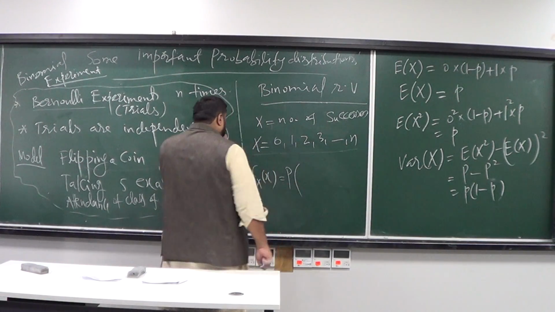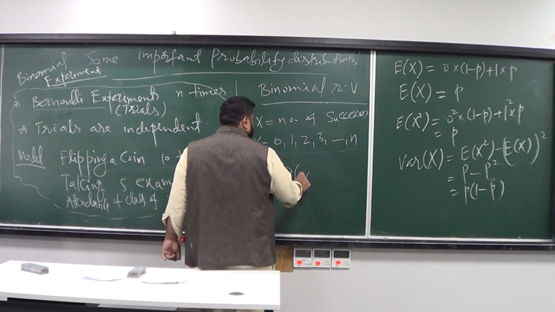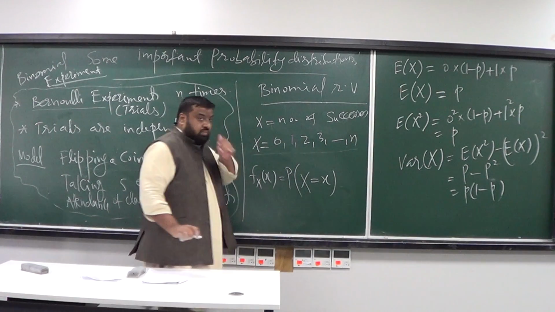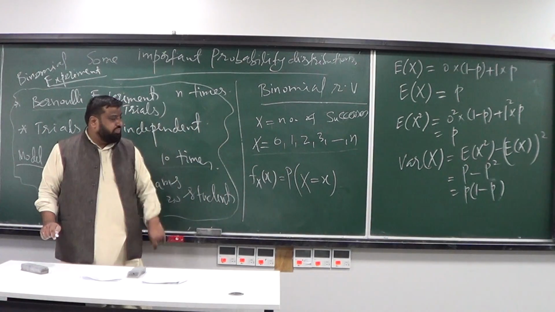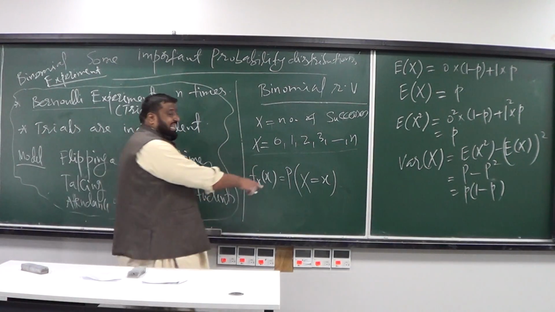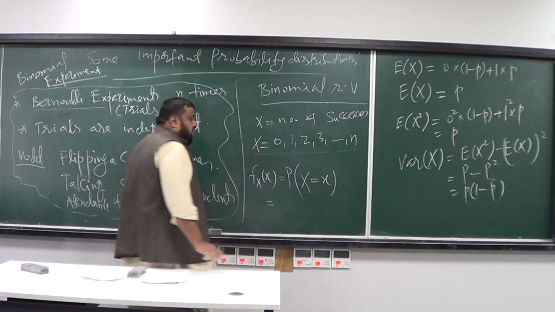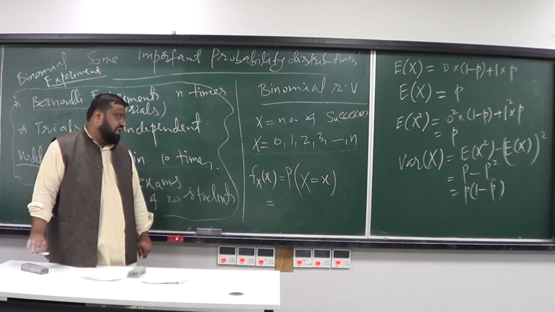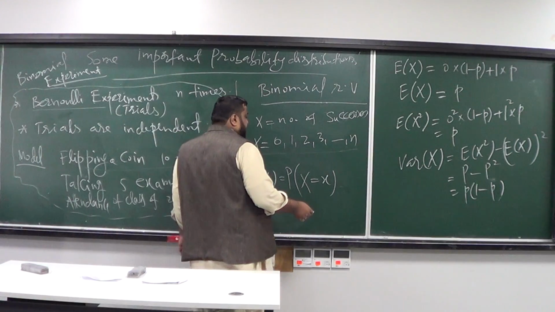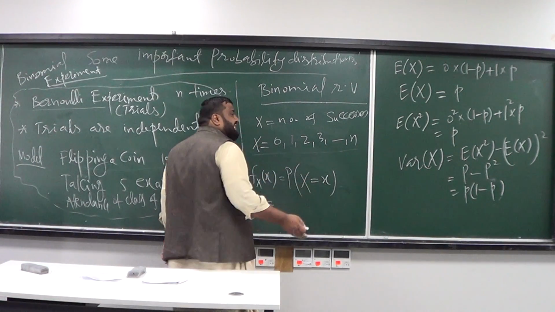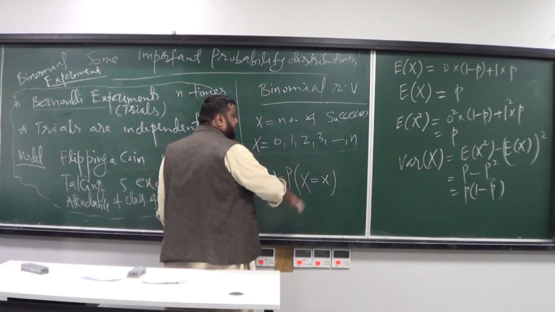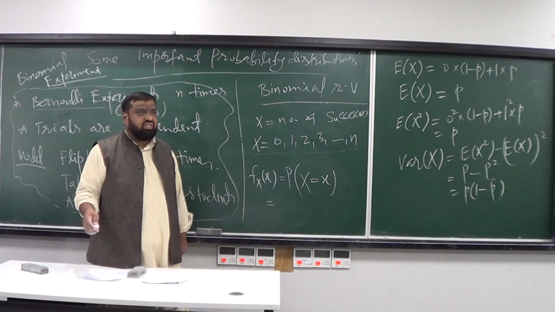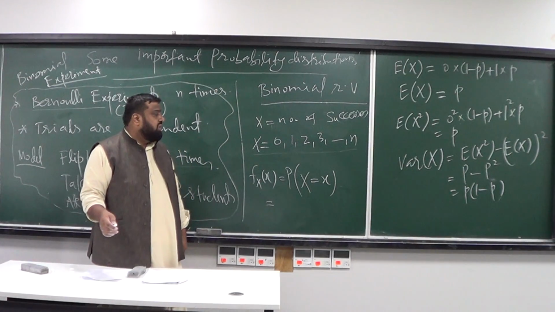I'm interested in the probability that your number of successes is exactly x. We have done this kind of situation before: if you have x successes and all of these trials are independent of each other,